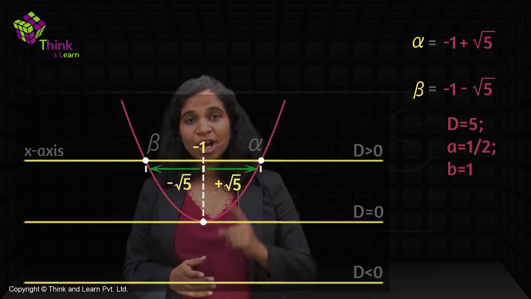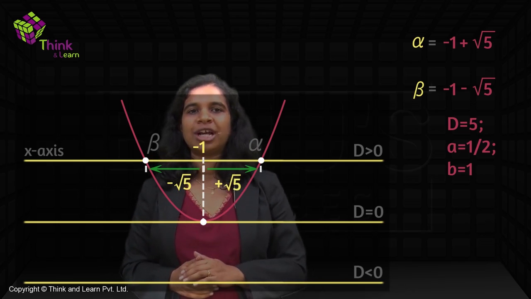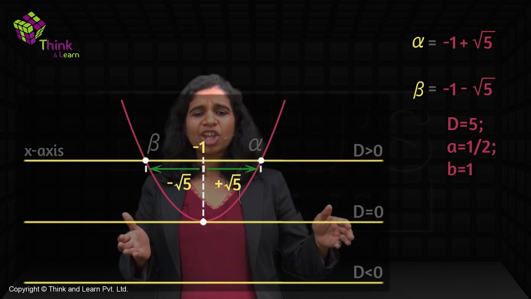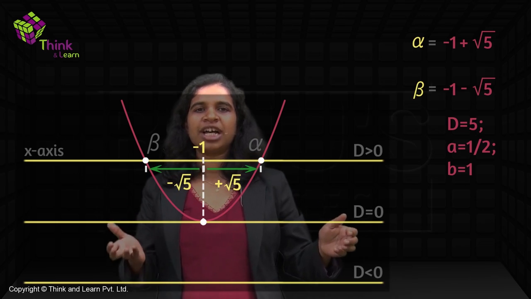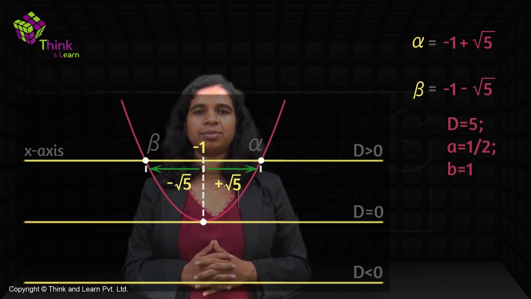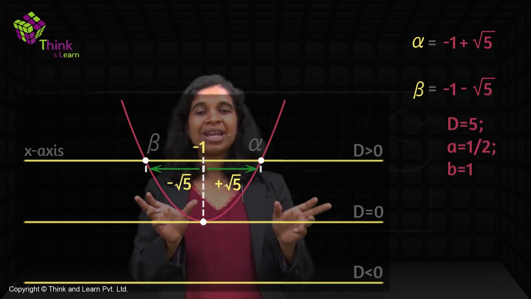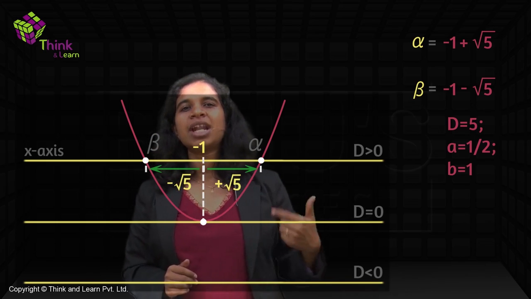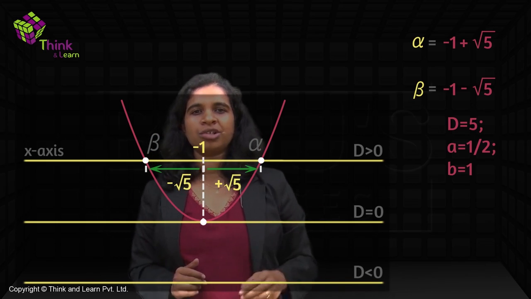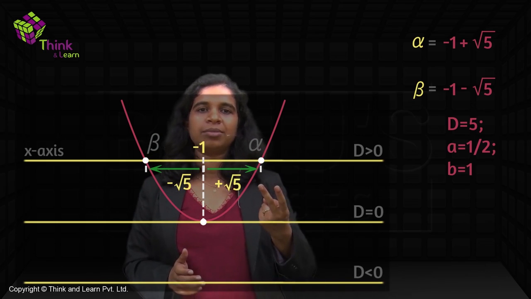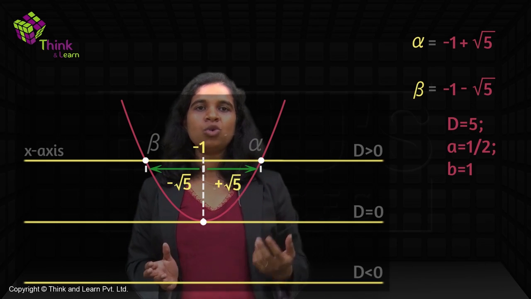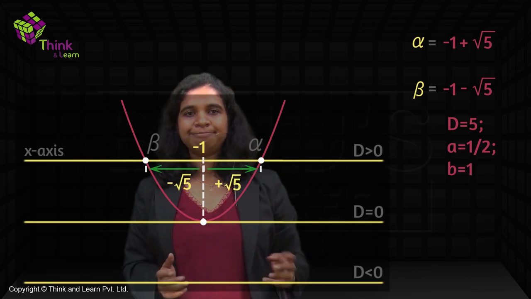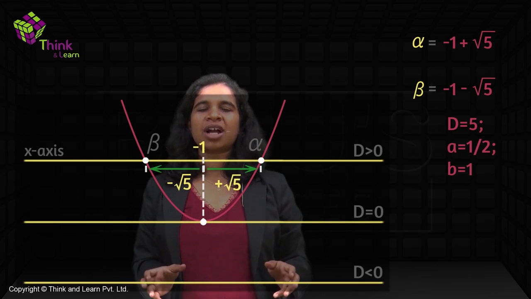That is why if one root is irrational, necessarily the other root also has to be irrational. So if one is 1 plus root 5, other has to be 1 minus root 5. Or in this case, minus 1 plus root 5. So the other one is minus 1 minus root 5. So irrational roots will always occur in pairs. You'll realize that the same thing happens even in higher order equations. When you have a cubic equation, if you have irrational roots, you'll always have either two of them. Never one. It'll either be 2 or 0. Or if you have a fourth power equation, you'll have either 2 or 4 or 0. Never 3 or 1. Because they always occur in pairs.